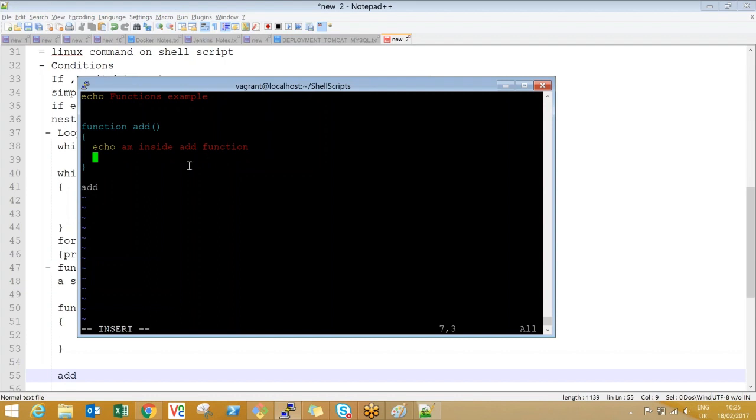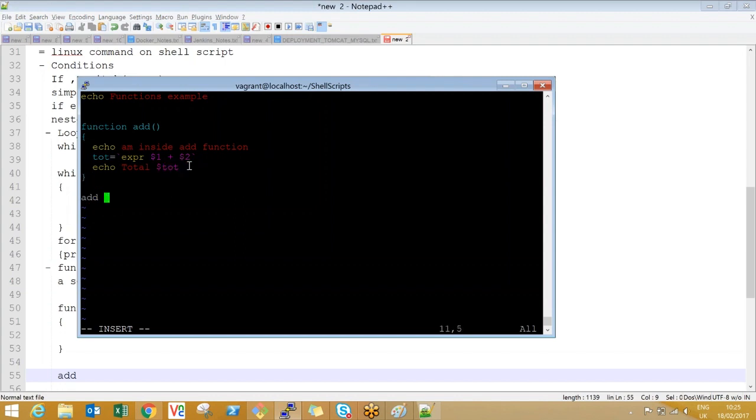Now I'm in the add function, so what I will do here is echo total equal to expression $1 plus $2. You might be thinking, what is $1, $2? See, the earlier function is a plain function. Now the function I'm writing is a function with parameters.